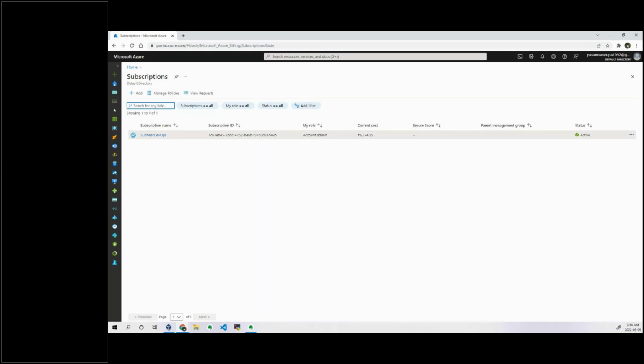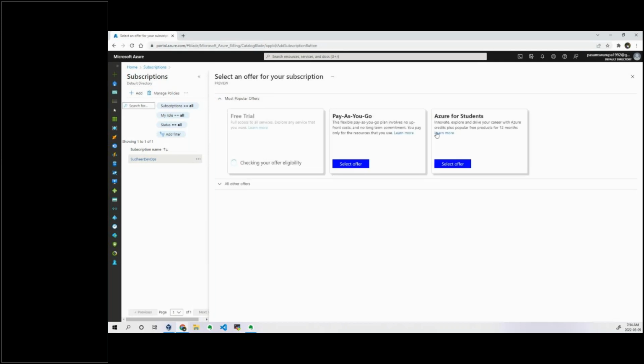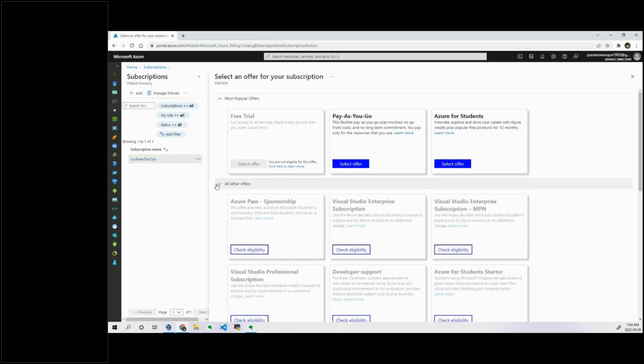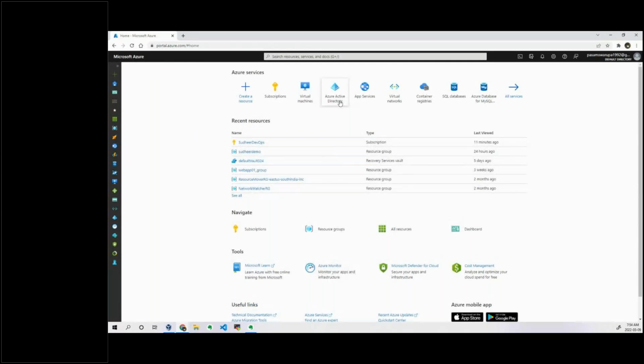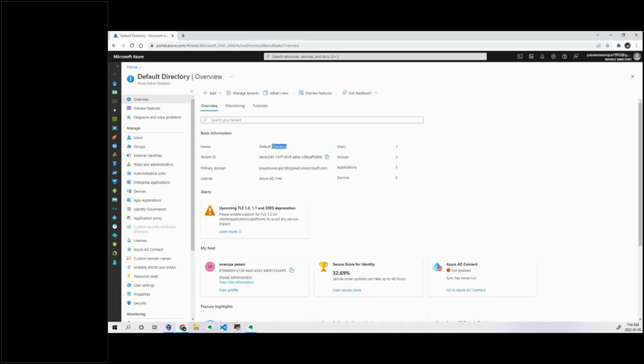Someone is asking a question: how to create multiple subscriptions in a single tenant? As I told you, this is one of the tenants which I've logged in, and then you can create a subscription. You can select an offer if you have any offers, or if you are in contact with the sales team, you can purchase another subscription. It's up to you which one you want to select. After that the subscription will be added to one tenant. Let's say you don't want to purchase under that particular tenant, the default directory, then you have to switch to that particular tenant and then purchase. So that subscription will be available under that particular tenant. Hope I answered this, Arun.